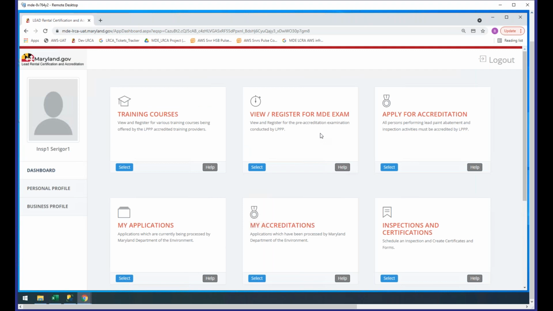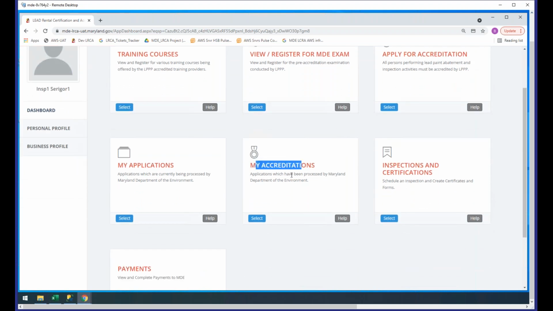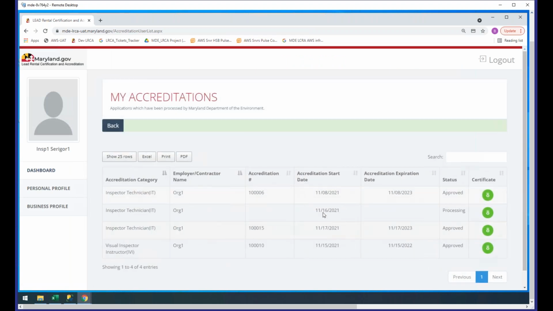So I'll just rewind the flows that I have covered. As an existing inspector or a license holder, I created a profile through the initialization flow. After creating the profile and logging in, I went to my accreditations and saw if all my licenses are listed here automatically. If only a few licenses are displayed and a few are missing, say for example, if I see only this license, and I have two more licenses that are not displayed,